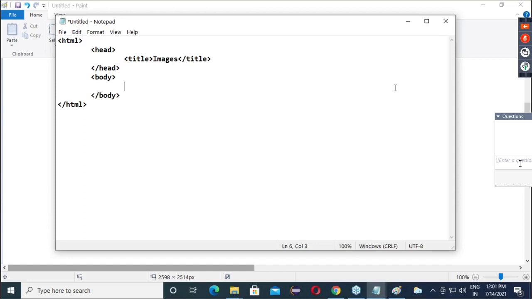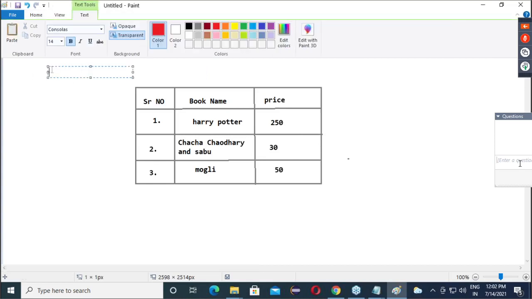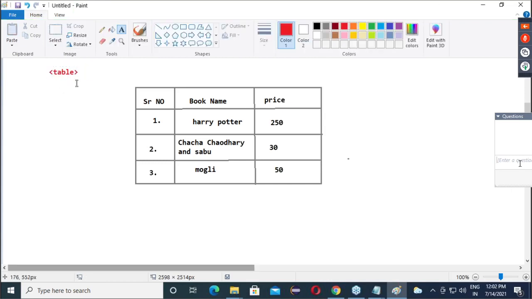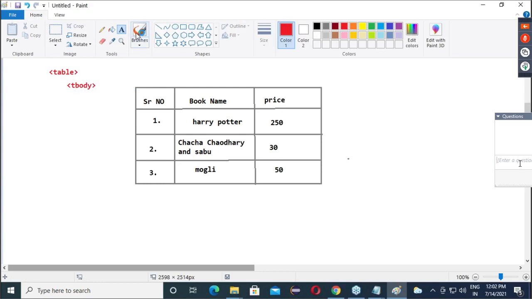So the hierarchy of a web table is, if we want to make this table, always remember every table is described by the tag called table. Table indicates it's a table. Inside a table, we have tbody, meaning table body. Now, in a table body, what is this, guys? Rows. Correct.